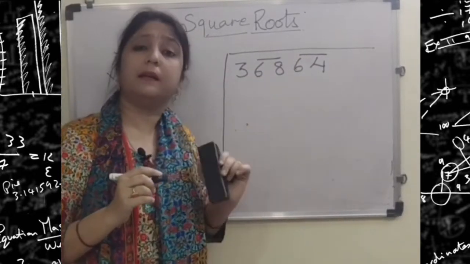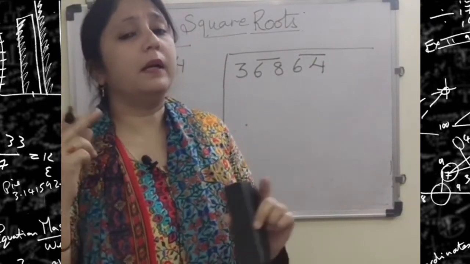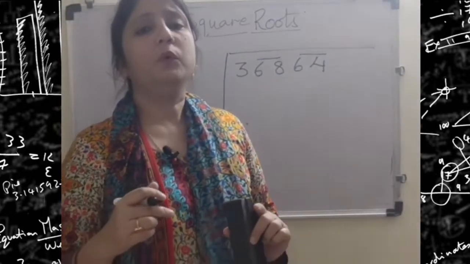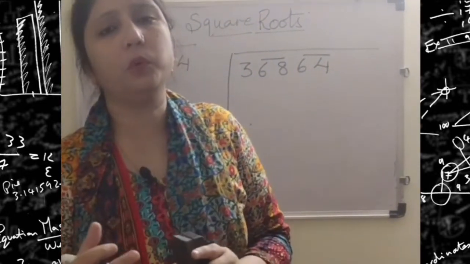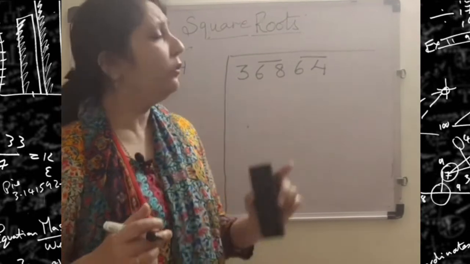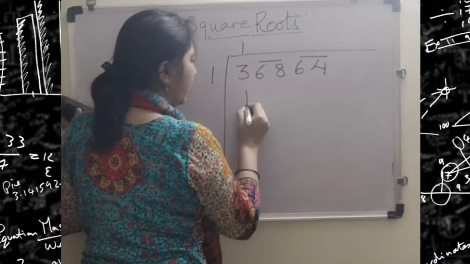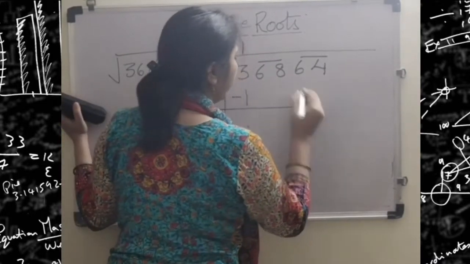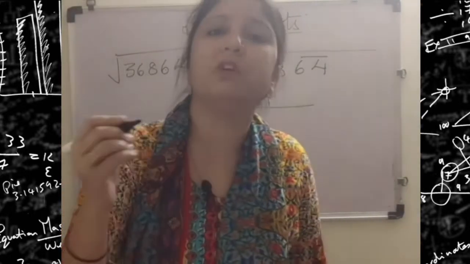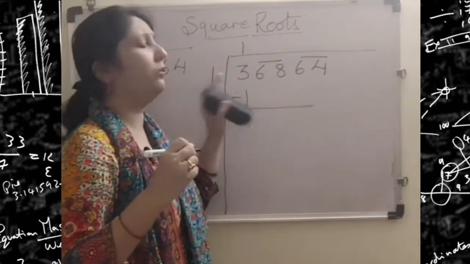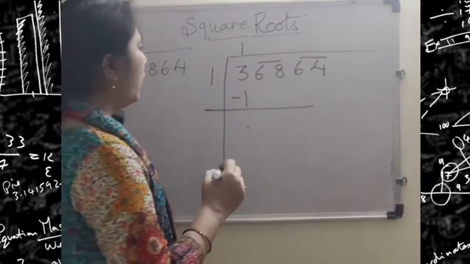But what about 3? It is left unpaired. No worry. Now recall the tables that I have told you, that you have to use only 1 into 1, 2 into 2, 3 into 3 and so on. So for 3, what we can use is only 1 ones are 1, and we do the subtraction as we do in division. Beta, you cannot take 2 twos of 4 because that will exceed 3. So the least one that we can use is 1 ones are 1, and now we perform subtraction.